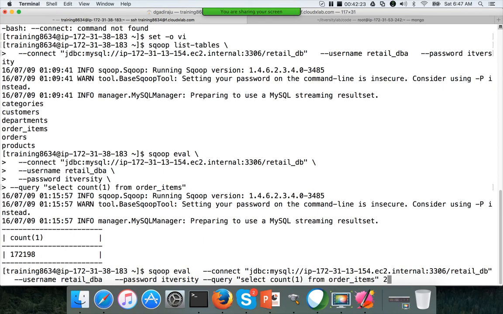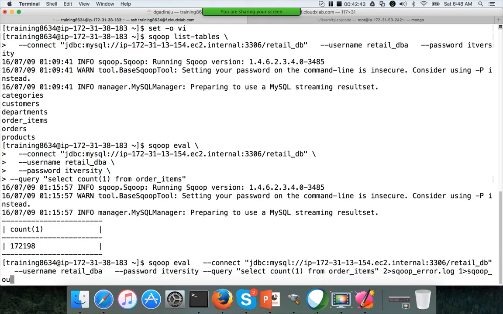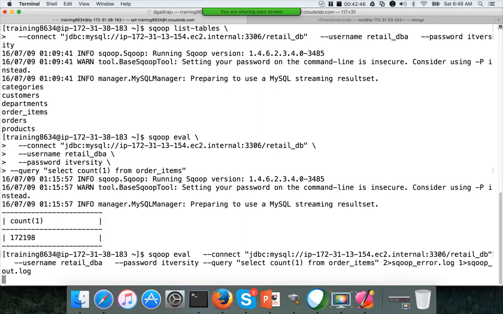So the way you can actually redirect is doing this one. 2 is standard error, so let's see, sqoop_error.log, and standard out is 1, sqoop_out.log, and hit enter.